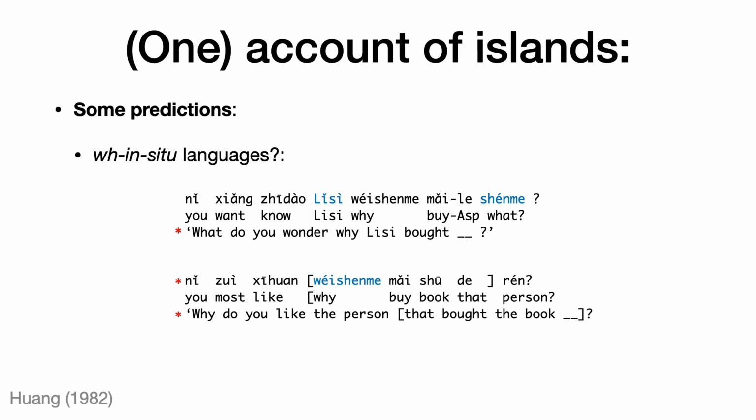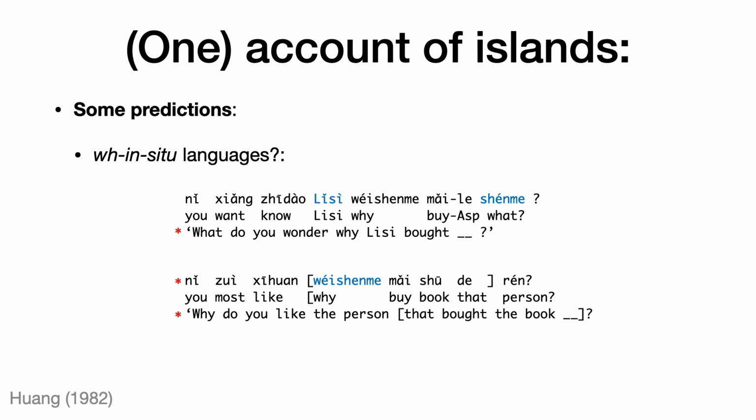And again, I will not give you a good explanation here, but it turns out that many things that are islands in English are also islands in Mandarin Chinese, but not everything. And this kind of forces us to give some explanation for these facts, right? Part of the explanation is that maybe things in Mandarin Chinese are moving, even though they don't look like they're moving. But then, when we look at cases like the first sentence, the equivalent to, what do you wonder why